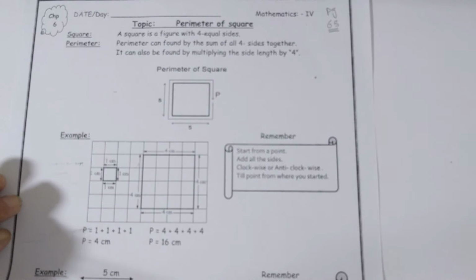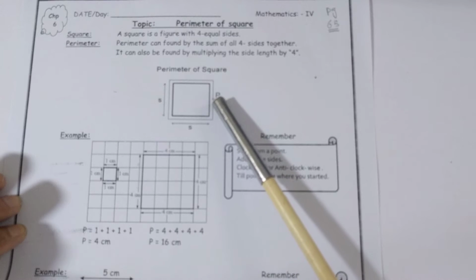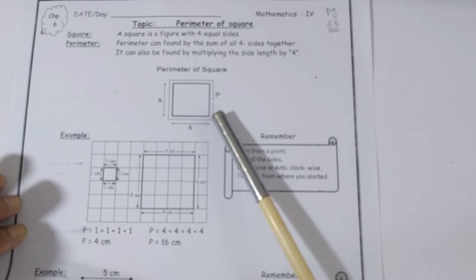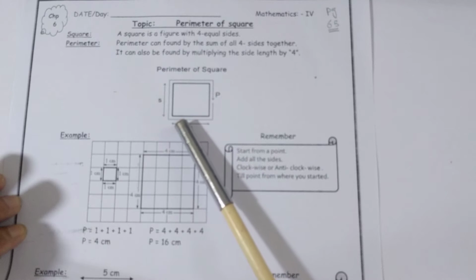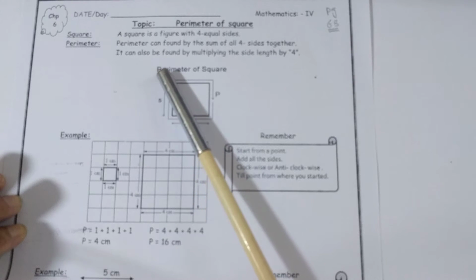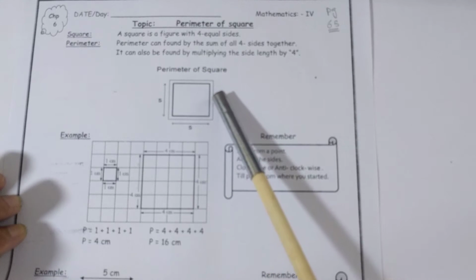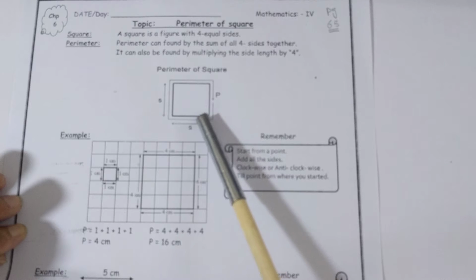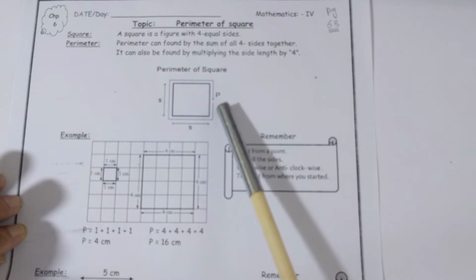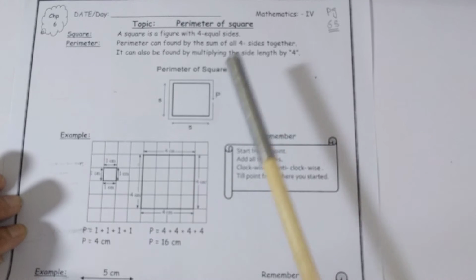As I told you in the rectangle, choose a starting point by yourself. So I am starting from here. As you can see, I am starting from here and I am moving this pointer along this side and going forward, and the ending point is over here. So this whole boundary of the square is called the perimeter of the square.